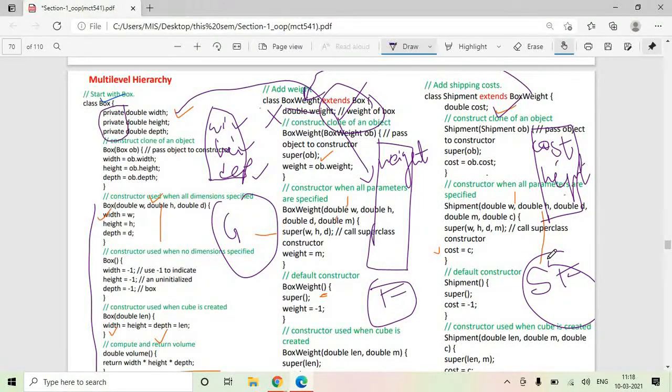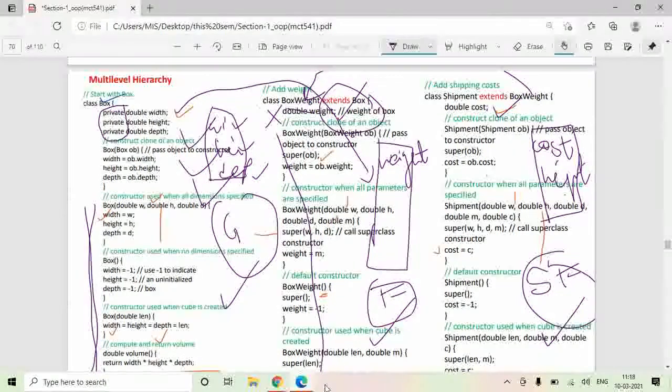And from our story, if we want to use the shipment class, then first your ground floor should be ready, then your first floor should be ready, then your second floor will come. So to ready this ground floor, either of these constructors should get called, which will initialize the value of width, height and depth. To ready this first floor, either of these available constructors must be called, which will initialize the value of this weight.